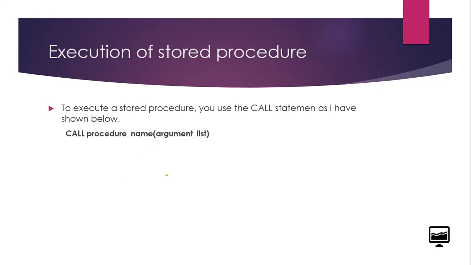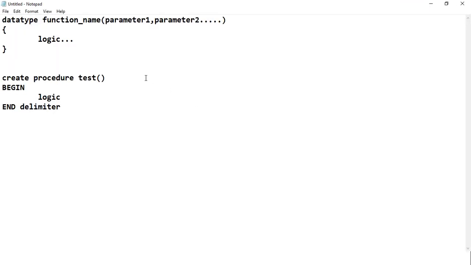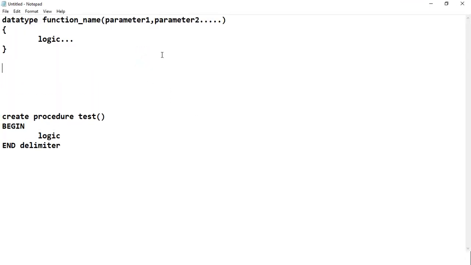The next topic is how to call a stored procedure. If you want to call this function, then what should we write? Function name and parameters. This is called a function call. In the same way for the procedure, you have to write a procedure call. Then you have to write call. This is fixed. Then the name of the procedure.